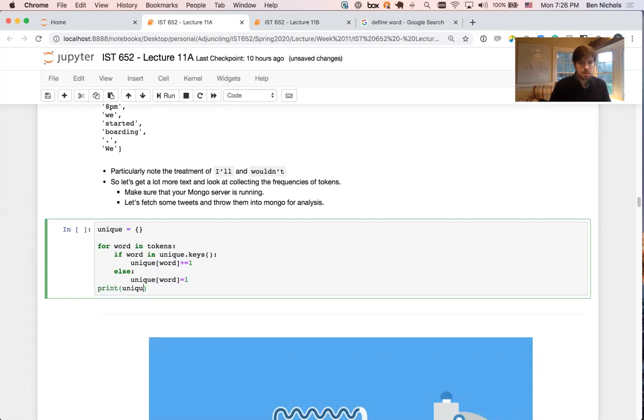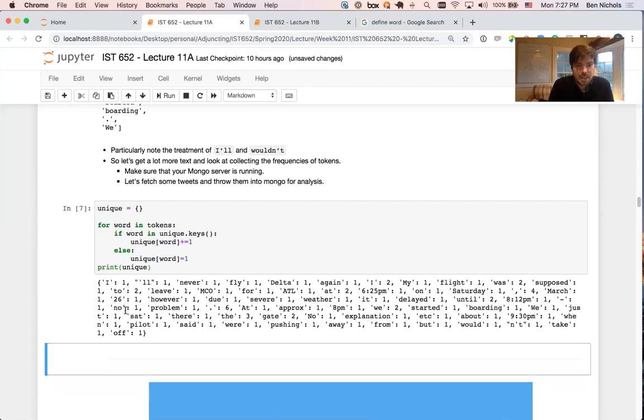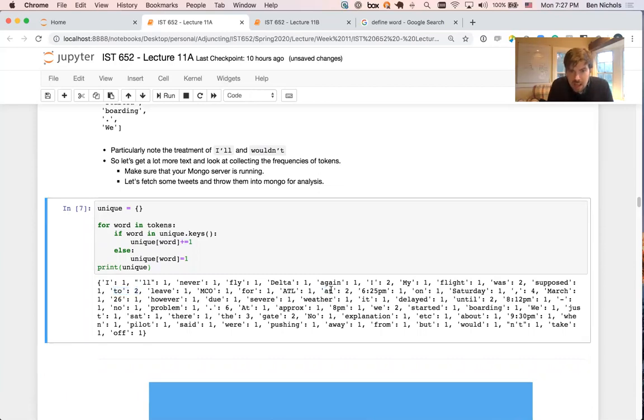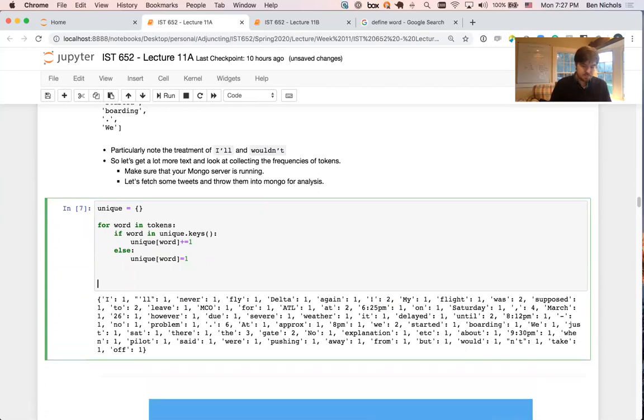Print unique. Okay, so this is actually going to print the number of unique instances of all of the words in that text. So for instance, "to" occurs twice, "at" occurs twice, exclamation occurs twice, and then let's say we want this to be sorted. We could do something along the lines of,